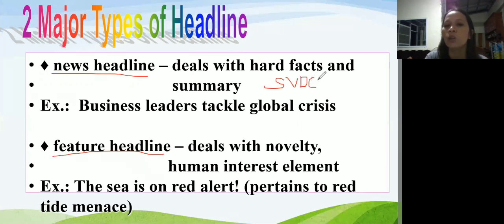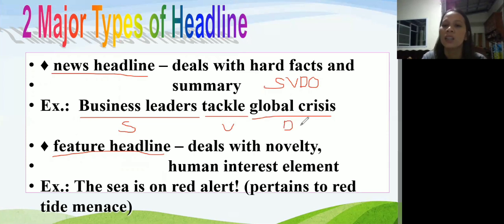You have to know what is the subject. So here in this example, business leaders tackle global crisis. Business leaders, the subject. The verb is tackle, and the direct object is global crisis. Okay. So what voice of the verb is used in this? You use tackle or tackles if it is business leader. So kapag yung doer of the action is more important than the receiver of the action that you're using, you have to use what we call